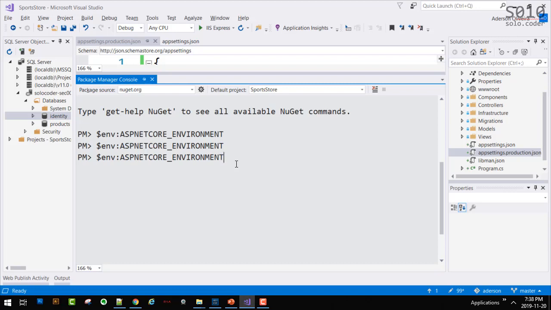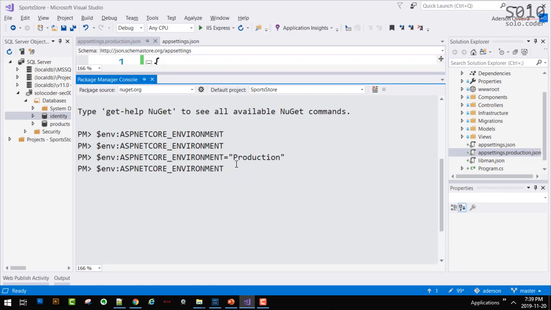By setting it, we have to do equals, open single quotes, actually double quotes, production. Again, spelling has to be precise here. Lowercase, uppercase doesn't matter, but the spelling needs to be the same as the one here in the appsettings, okay? So now I'm setting the variable.